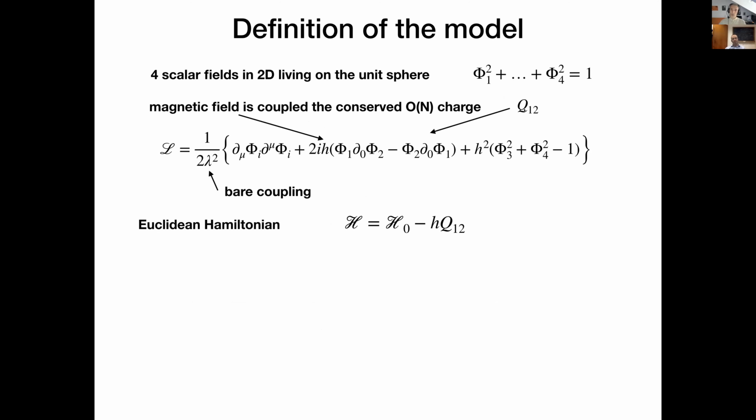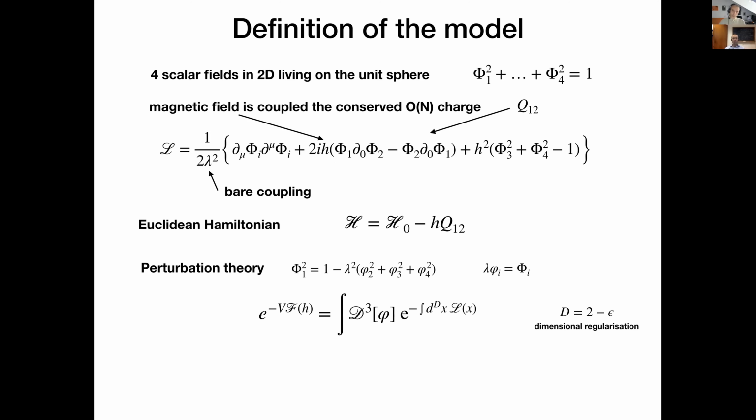And we just take one of the conserved O(N) charges, say rotation in the 1, 2 fields, and we take the density and couple it to this magnetic field. This coefficient here, this pair coupling constant, just multiplies the whole Lagrangian. So classically, it's a scale invariant theory. And it was designed in such a way that the Hamiltonian is the same as the theory without the magnetic field minus h times this conserved charge. So this is exactly this Lagrangian.